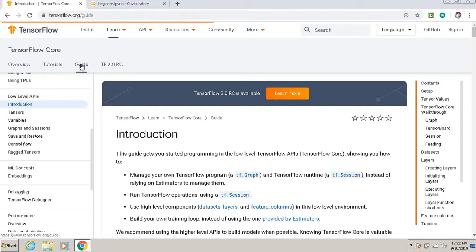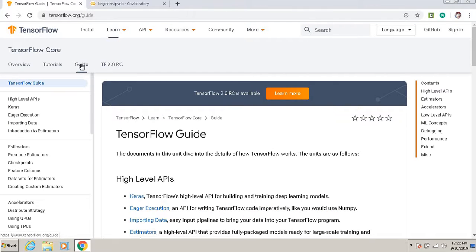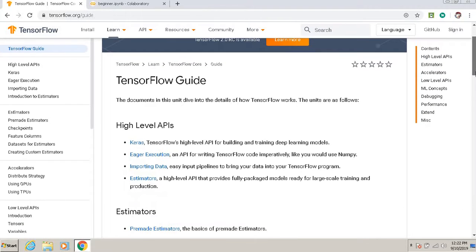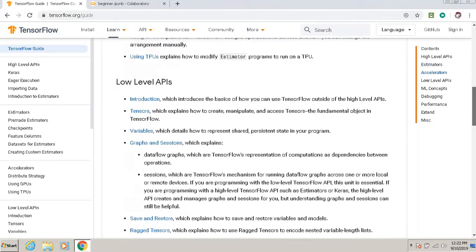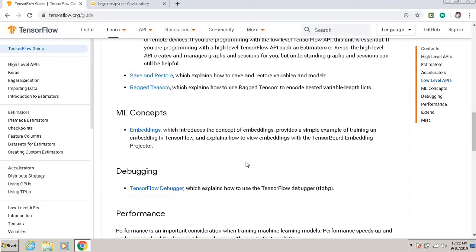I have to click on guide again, then only it will show. So we'll go to ML concept.